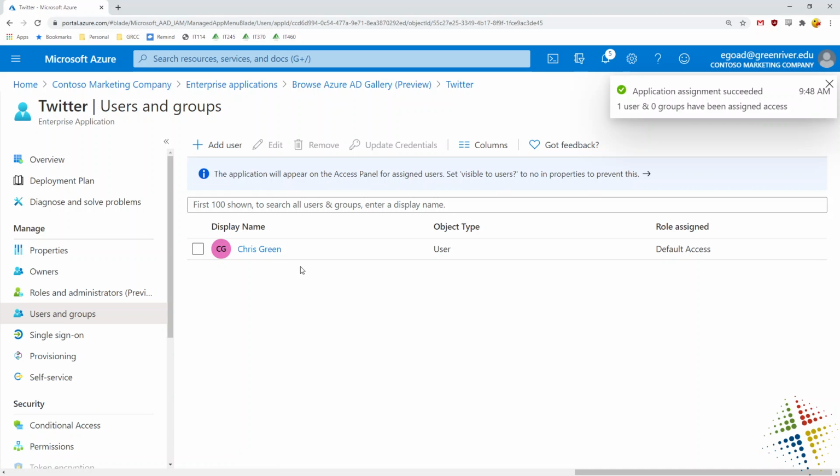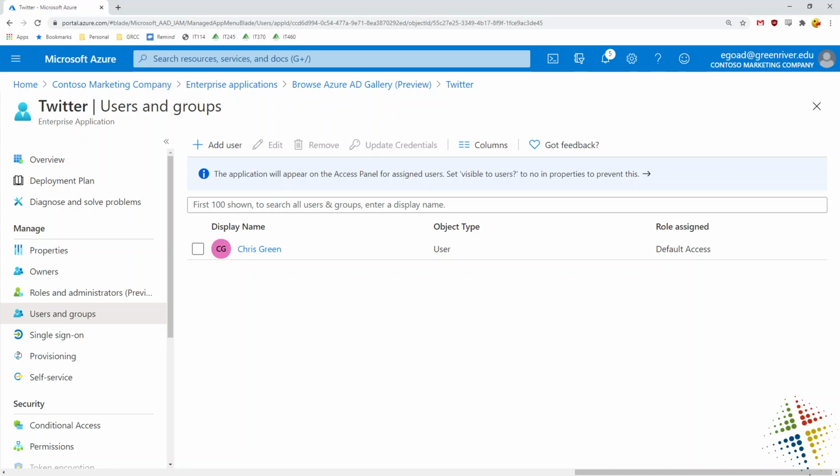So assign, and now in theory, Chris has admin rights to access our Twitter feed, assuming we finished the setup of the Twitter feed. This is really great because now when Chris goes to log in, he can actually log in and start seeing a Twitter application that is assigned to him through Active Directory